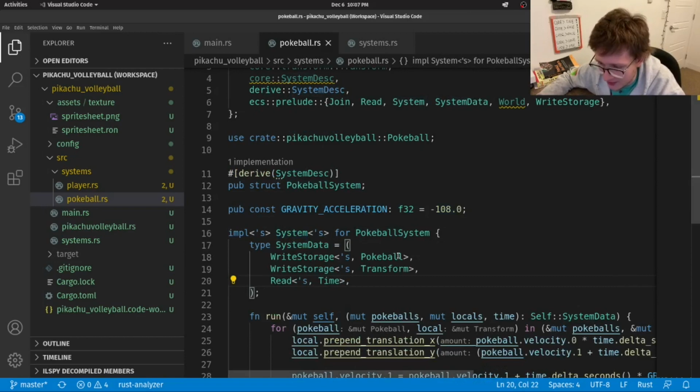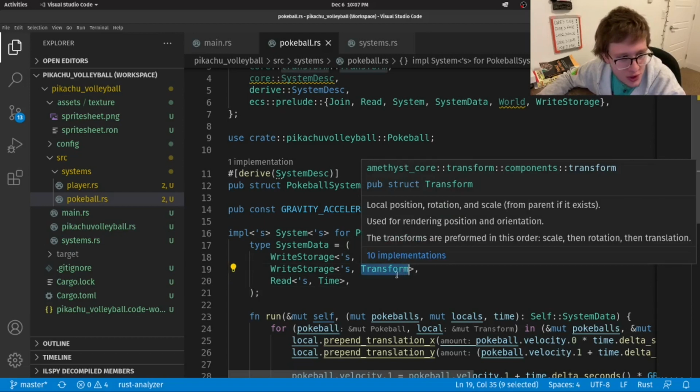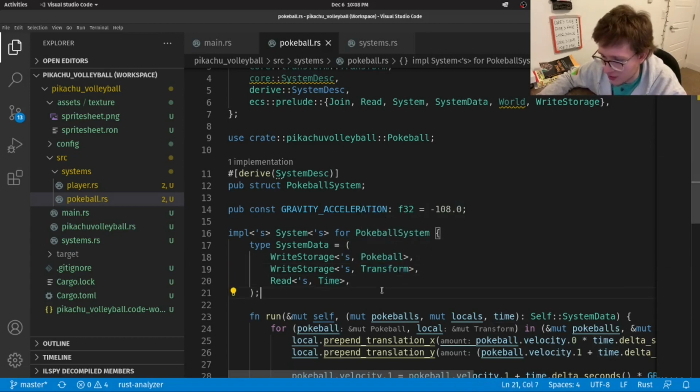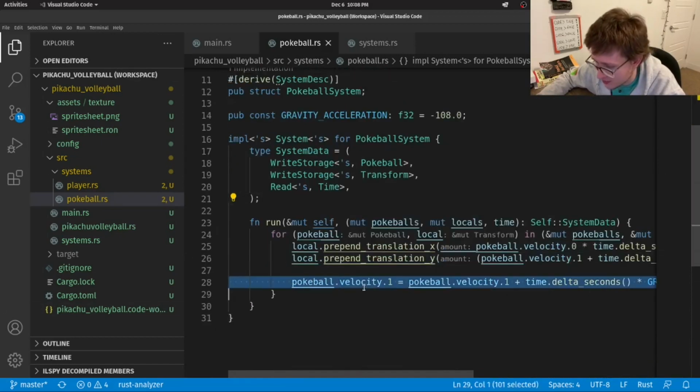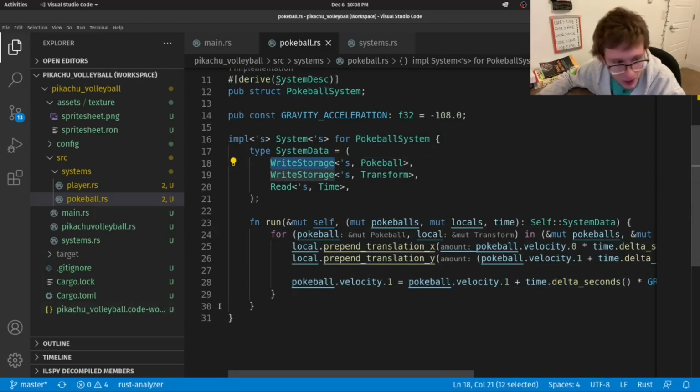Just like last time, we are bringing transform as write storage, time as read. The one difference is that we're bringing our component as write storage, because as you see, we're editing its properties and values at the end in this line right here. So we're editing something from the Pokeball component, so we have to allow writing to it.